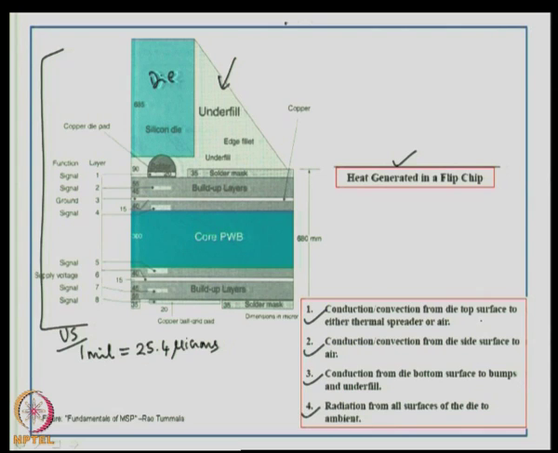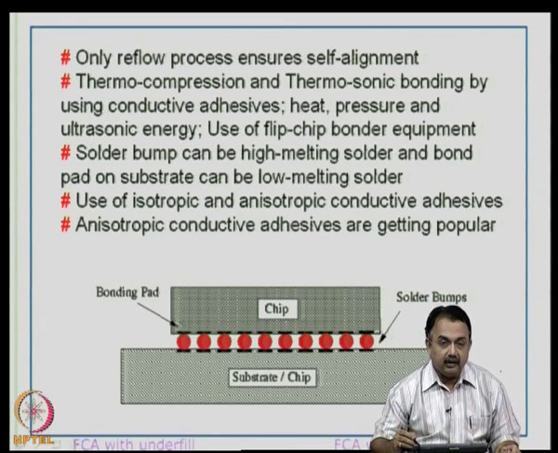So, these are the 4 methods: conduction, convection and radiation are the 3 modes of heat transfer. In the case of a flip chip, if you are using a thermal spreader, it is advantageous. Otherwise, the die surface will take care of the heat dissipation to the air, die bottom surface to the bumps and die top surface to the air, and radiation from all surfaces to the ambient. Only reflow process will ensure self alignment. We have seen that. Thermocompression and thermosonic bonding is also possible for flip chip, not only reflow, okay, applying heat,